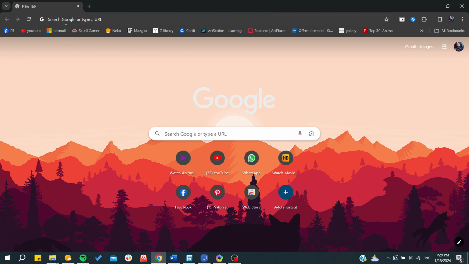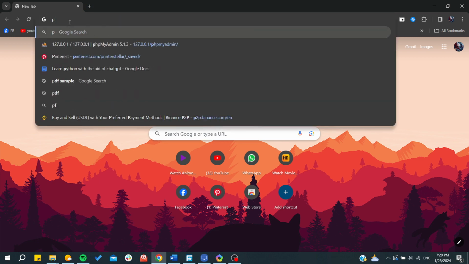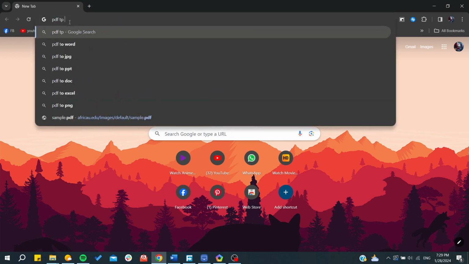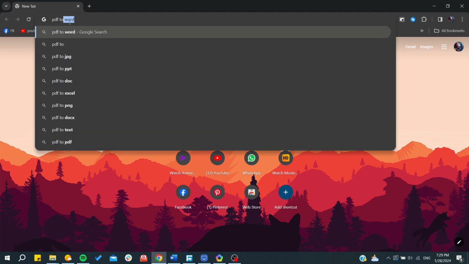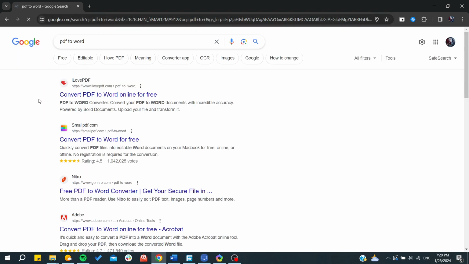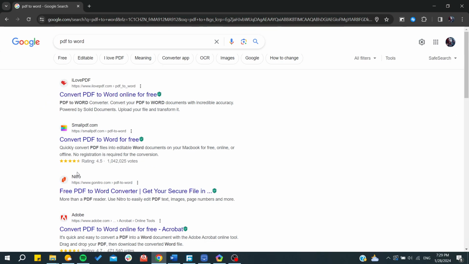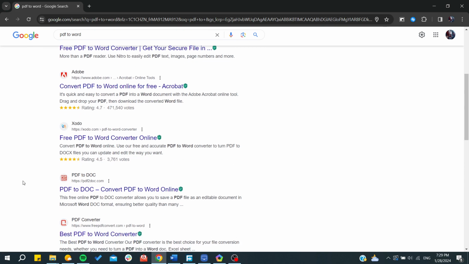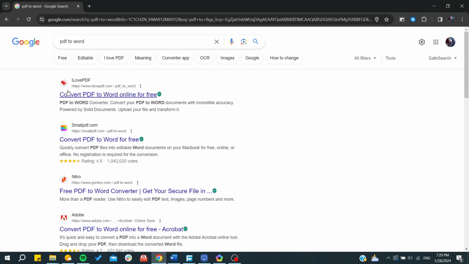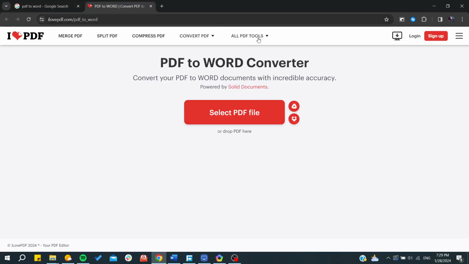So basically, here on your web browser, just type PDF to doc or PDF to Word, and basically it will give you multiple types of tools. Any tool that you choose will do the work. I'm just going to go with the first one, and here we are going to select the PDF